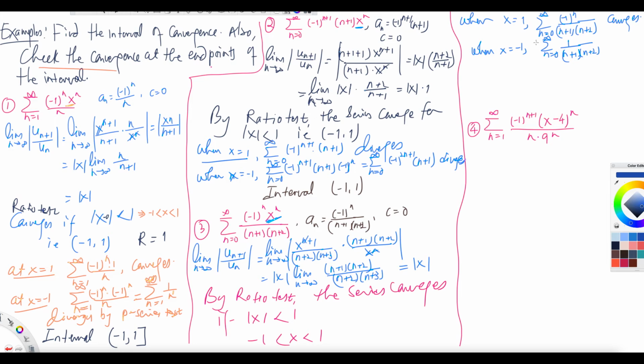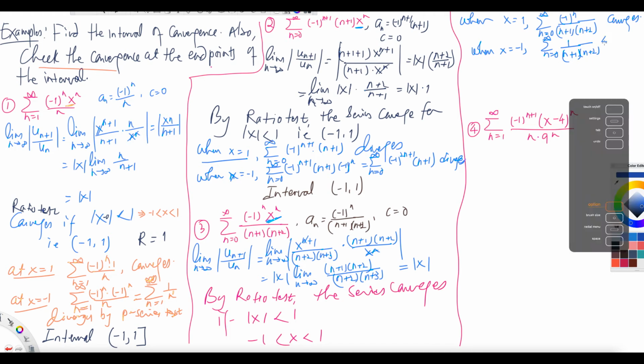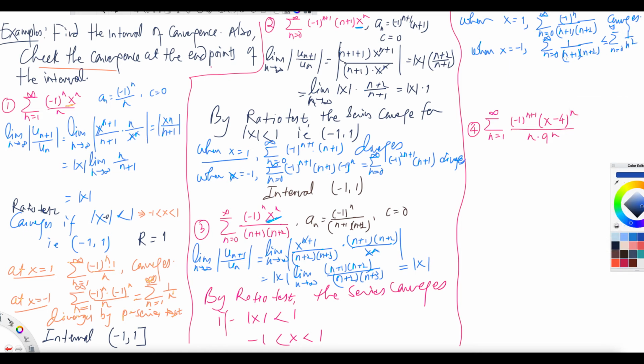So again you can use the ratio test, or you can use the comparison test, because this series is less than or equal to the summation from n equals 0 to infinity of 1 over n squared. You see that when you FOIL the denominator, you will get n squared plus 3n plus 2. Now if you eliminate 3n plus 2, you will have just 1 over n squared left. Because the denominator is smaller here than here, the whole series is bigger. But this series converges by